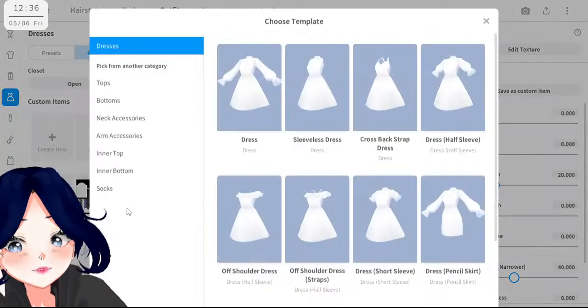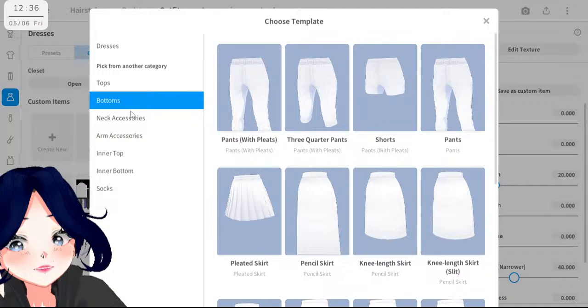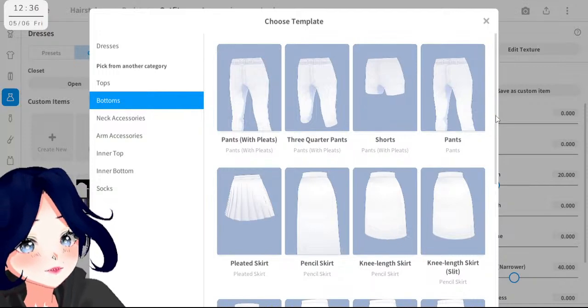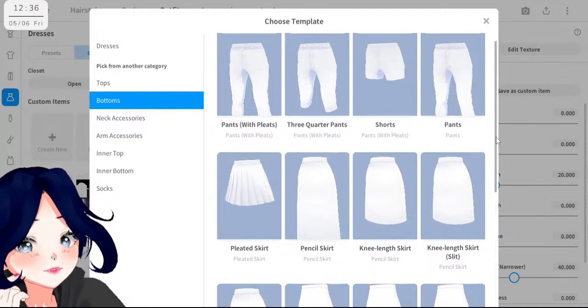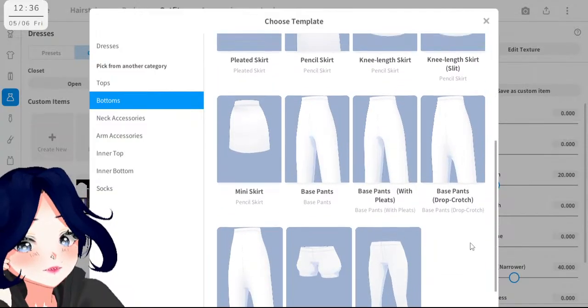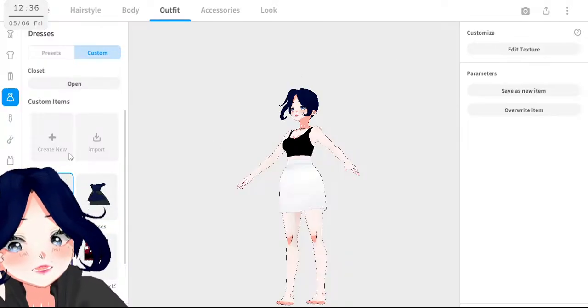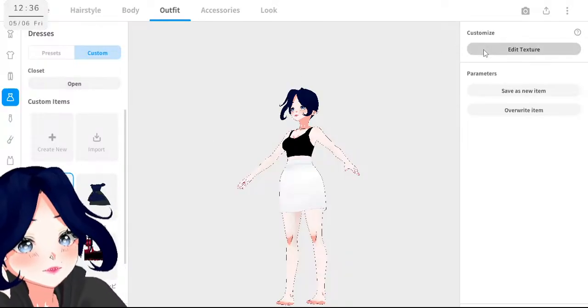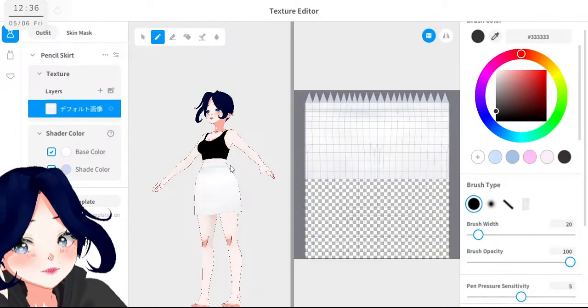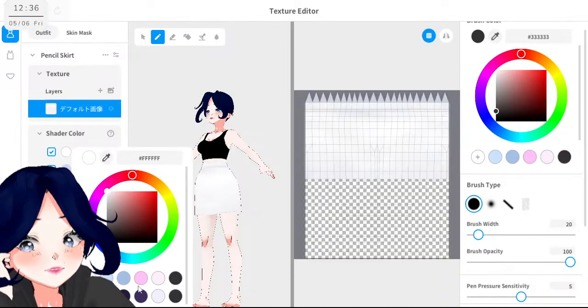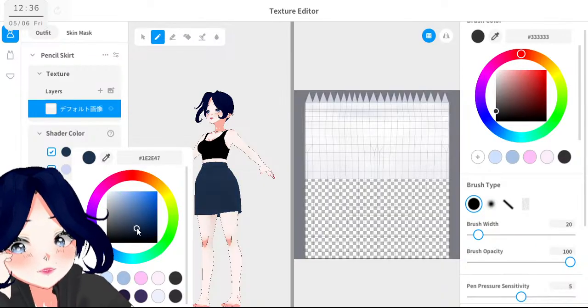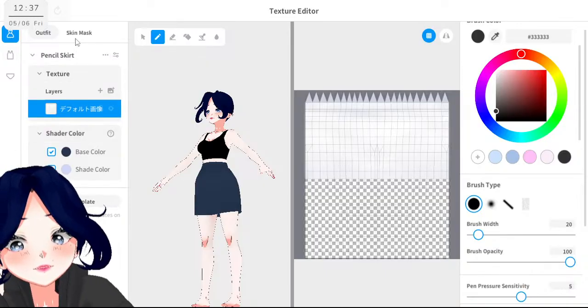Alright. Let's create a new custom dress. Here shall be added, okay, pencil mini skirt, and here this is almost black around here. We'll go fixing this stuff the way we need to.